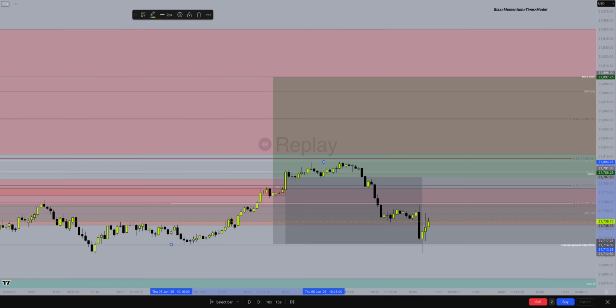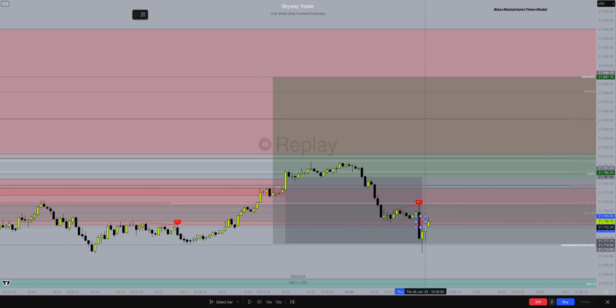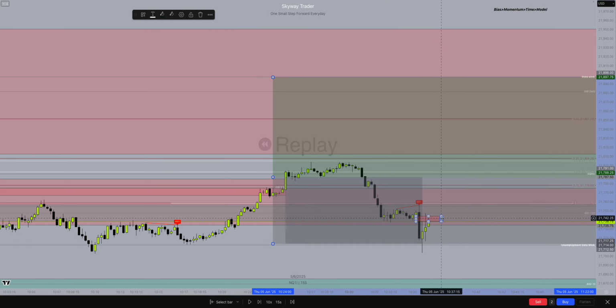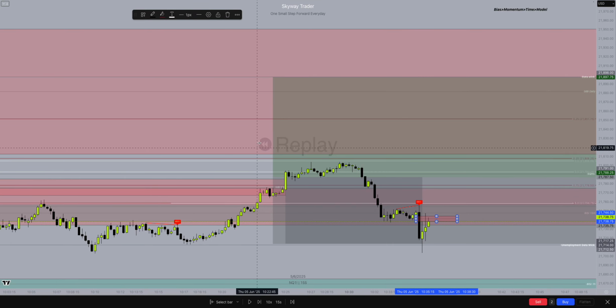So let's see. Anything here? There's a 15-second. That's the first inverse. Are we taking the first inverse? I don't like to. If I'm super convinced, I would, but this is a risky play. Keep going. Okay, there's break even if you were to get in. This would be the entry right here. Break even. We're grinding. Is there any other opportunities?